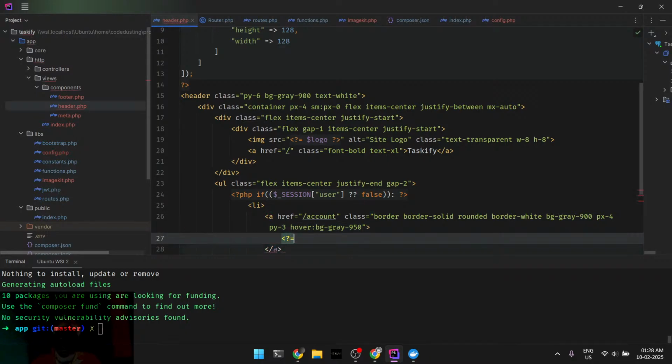So now it will be this, whatever the session is, whatever the user is, and whatever that user's email is. And technically I will say name,